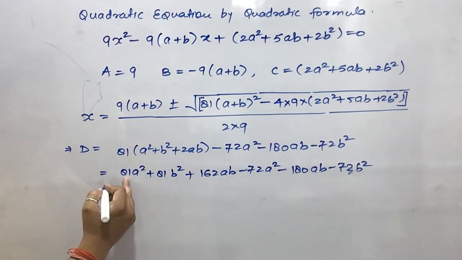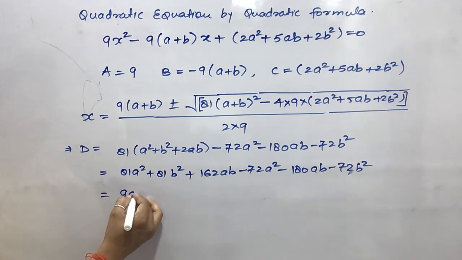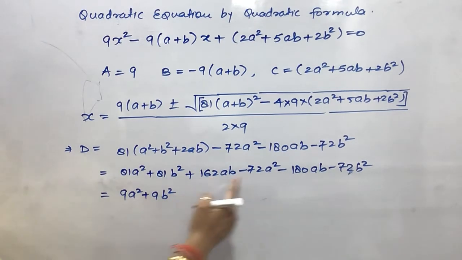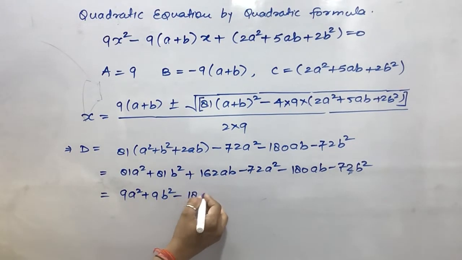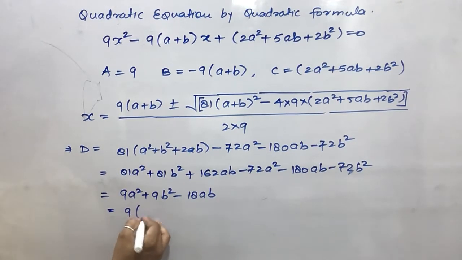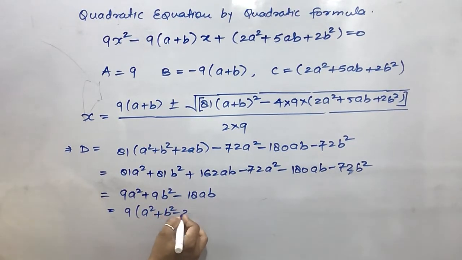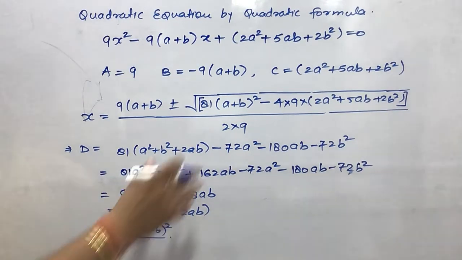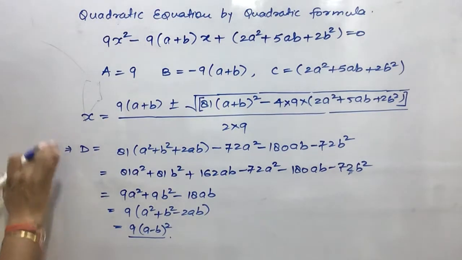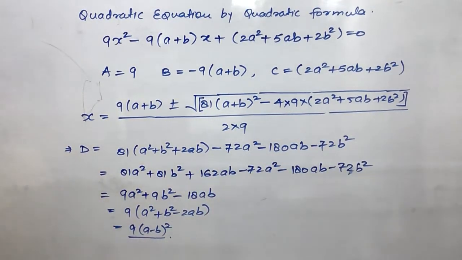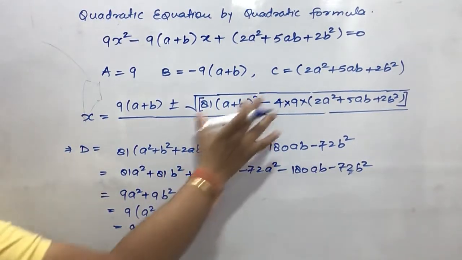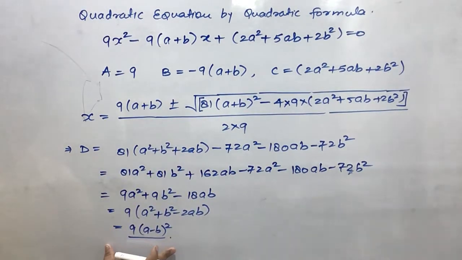So what we will get here? 81 minus 72 is 9a square, then this will be what? 9b square, 162 minus 180, it will be what? Minus 18ab. Here I can take 9 as a common, and it will become a square plus b square minus 2ab, and we can write this a minus b to the whole square. So when you are solving such type of calculation as a rough work, you will not be trapped in the questions. यहाँ आपको समझ में आ रहा होगा, मैंने इस कैलकुलेशन को अलग से कर लिया, क्योंकि इस कैलकुलेशन को अंडर रूट में लिखते तो थोड़ा टाइम लगता, तो मैंने इसको अलग से लिख के दिखा दिया, आपको समझ में आ गया होगा.